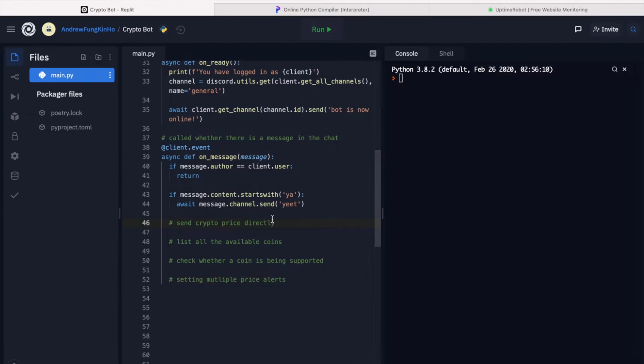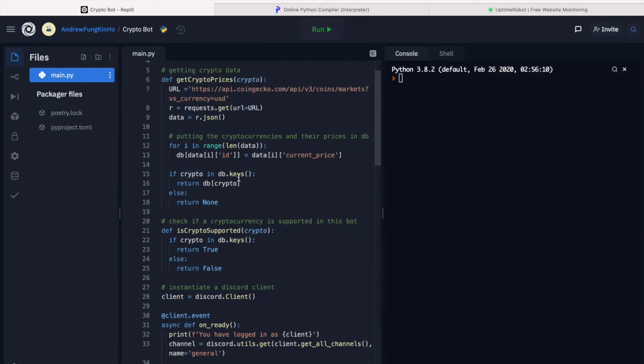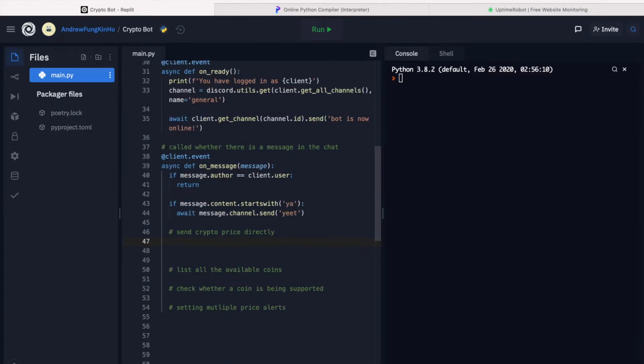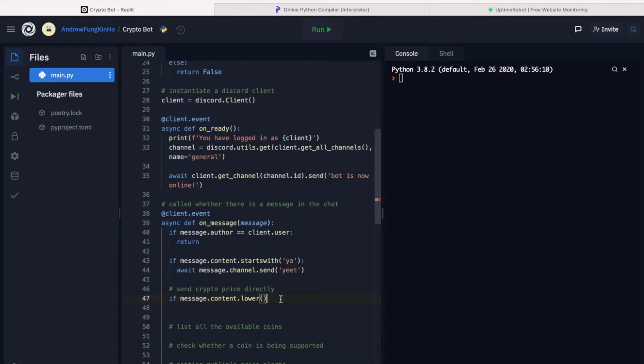Okay, so the first task we have is to send crypto prices directly, meaning that whenever we type, for example, Dogecoin in the chat, it will directly and automatically fetch the data of the current price of Dogecoin and send it back to us as a message. Remember that in the last video, we have stored everything, the crypto names and the corresponding values, inside a database. The first thing you should do is to check the message.content. And we have to convert it into lowercase because in our database, the crypto IDs are all in lowercase. And then if it's in the database.keys,